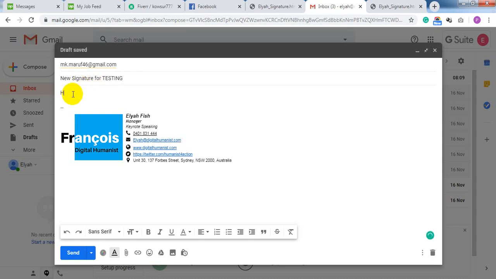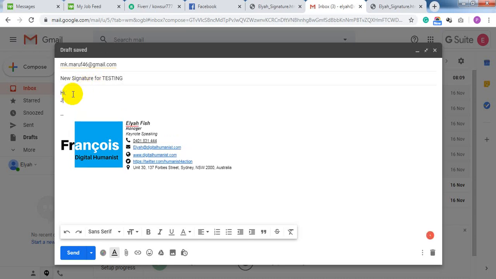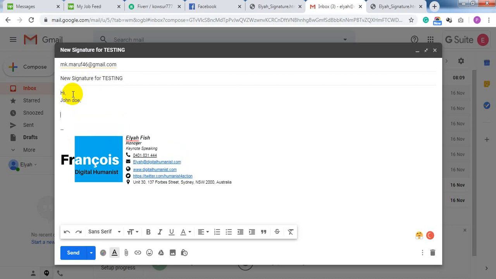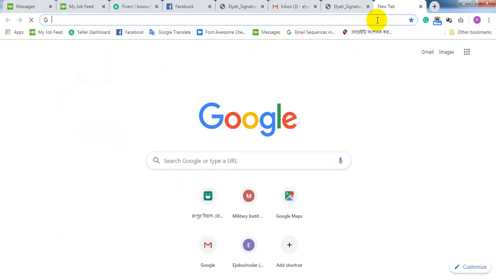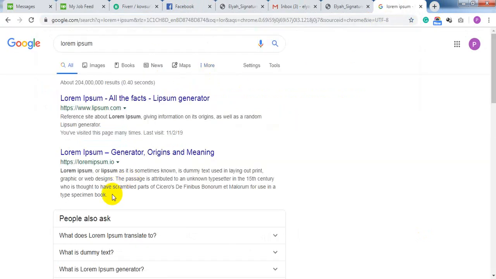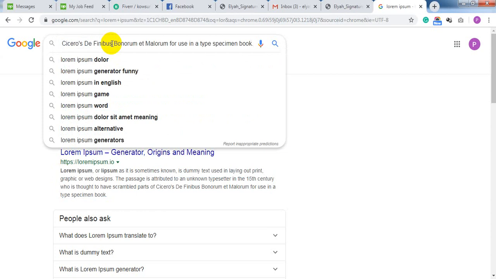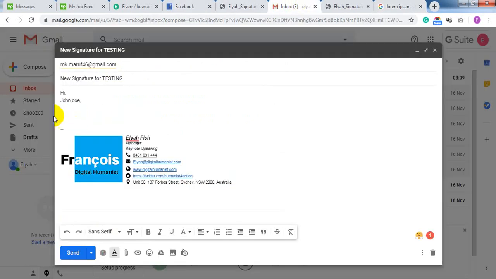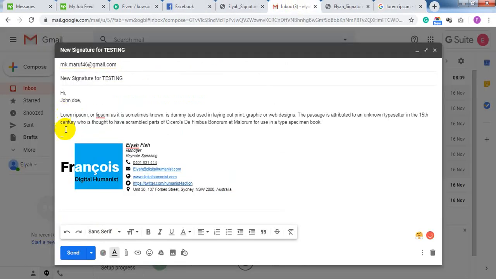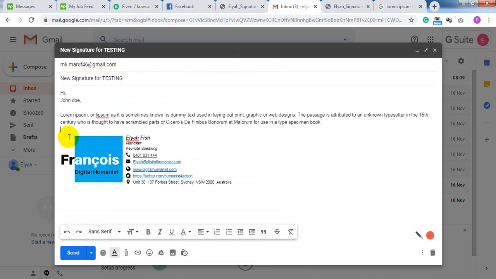Okay, hi. And as a demo text, I just copy this option, just for testing purposes I would like to use this demo text, and then